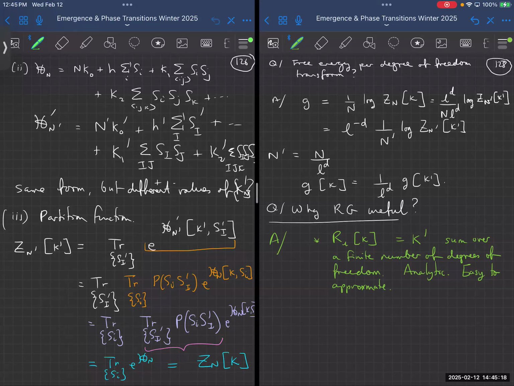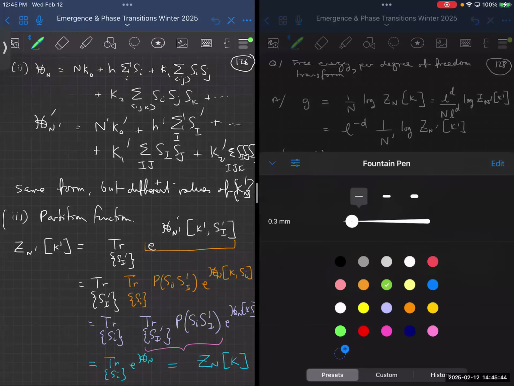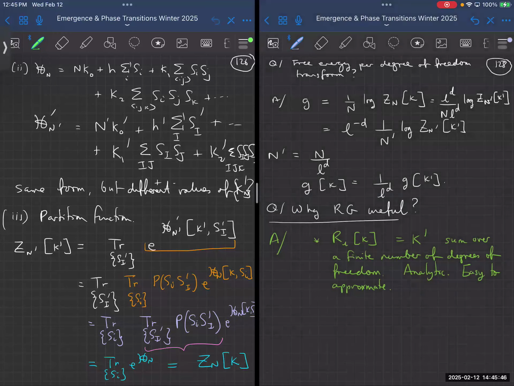When Wilson invented the renormalization group, he didn't know how to construct renormalization group transformations. He tried for several years all sorts of different methods to construct RG transformations. Eventually, they all end up giving you the same result. Some of them are more computationally feasible than others. But the point is, the thing they have in common is it's easy to make approximations. So that's the first part of it, that you're summing over something that's finite, and so it's easy to approximate. And then you get the singular behavior